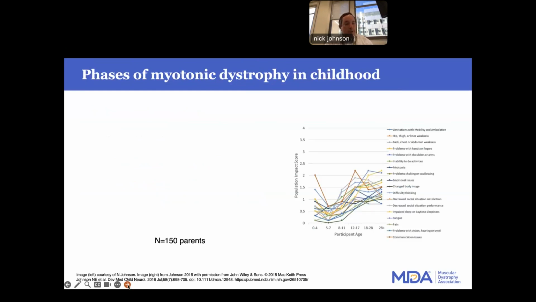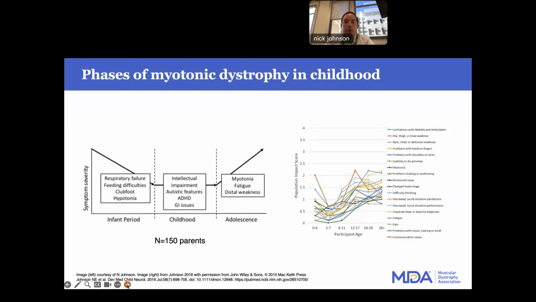So with my very first Myotonic Dystrophy Foundation fellowship grant, we did a survey of 150 parents and asked them to rate the relative impact of the various different symptoms by the age of their child. So this is a parent proxy reported score, and you're not really supposed to pay attention to the multitude of different symptoms, but I hope that what this shows is this kind of triphasic pattern, which you can see here,